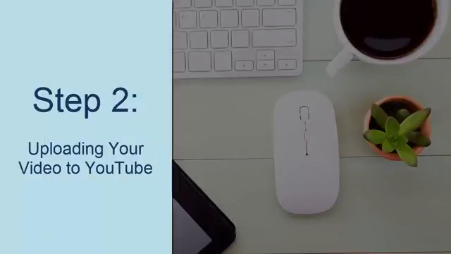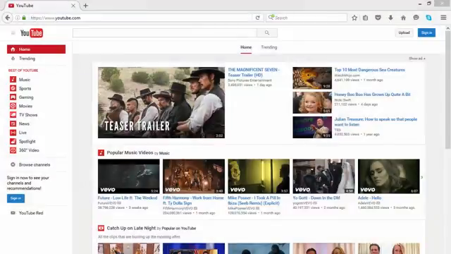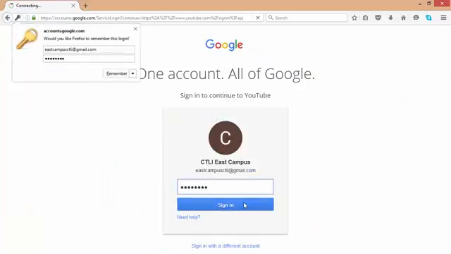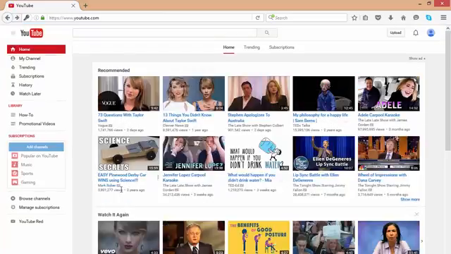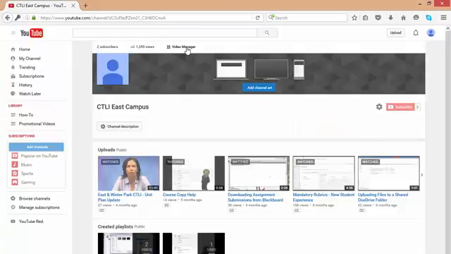Step 2. Uploading your video to YouTube. Perhaps you have your video file already in Kaltura. That's great. However, you will also need to upload it to YouTube to create the SRT file. If it's a video you own in YouTube, you'll sign into YouTube, select My Channel, select Video Manager,